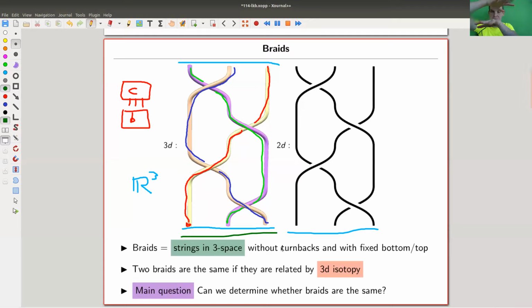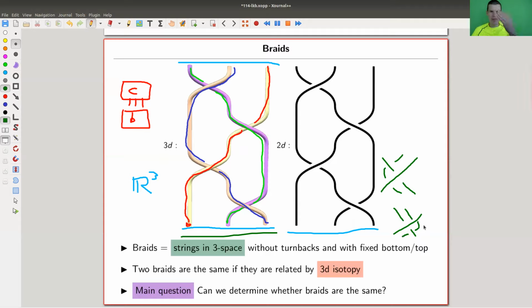If you really would play the game in three dimensions with your strings, with your fingers, you will know that you can arrange the braid such that it looks really, really different, but it's still the same configuration of strings. So here's a very, very silly example. If you have something like this picture, maybe it's not a silly example. Actually, it's a very good example, a prototypical example. So if you have this picture or this picture,